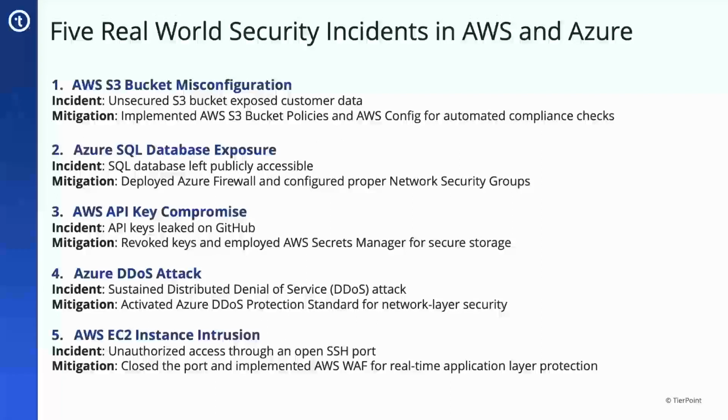Wanted to touch briefly on some lessons learned from past security incidents in both AWS and Azure. Some of these items include unsecured AWS S3 buckets. These expose customer data, and that can often lead to issues or hijacking in some cases. The mitigation plan for this is implementing bucket policies and utilizing AWS Config for automated compliance checks to ensure that